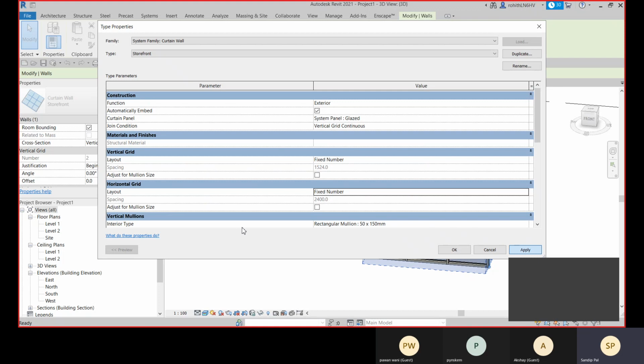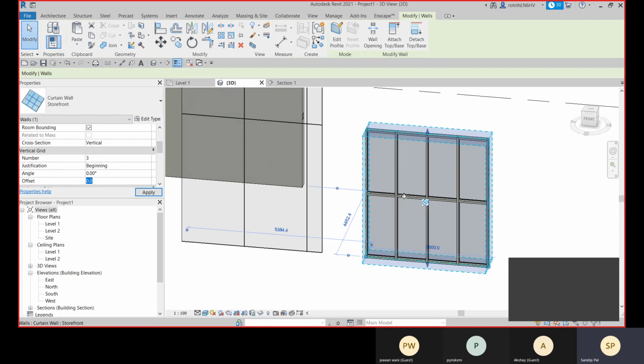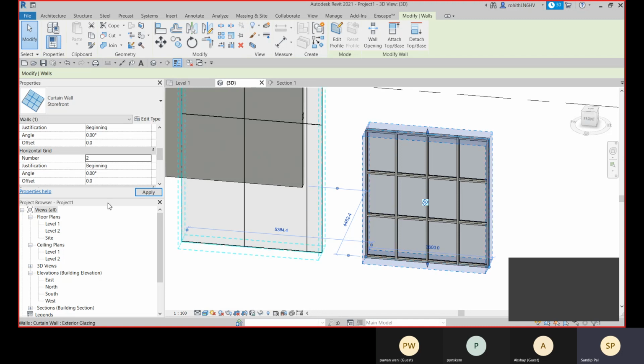Click on apply and OK, and you will see the number of grids are now 2. So the fixed number, after specifying the fixed number, you can change it from the instance properties. So 3 will be the vertical grids. You see 3 number of vertical grids you have, and you can apply horizontal grids 2. Okay, so these things you can apply.